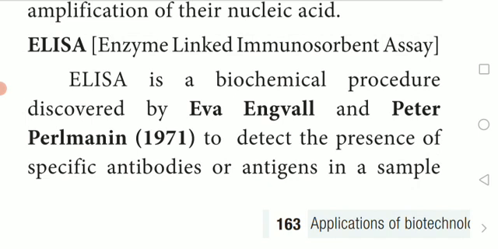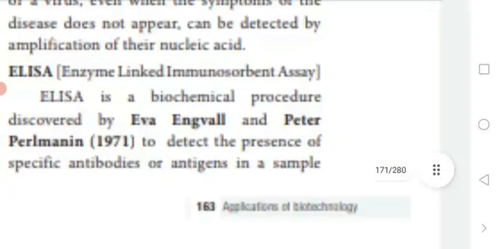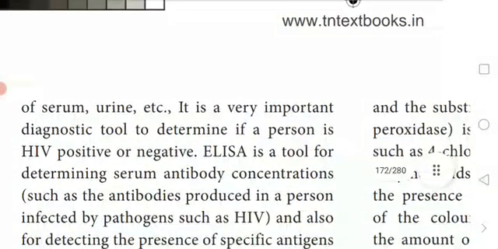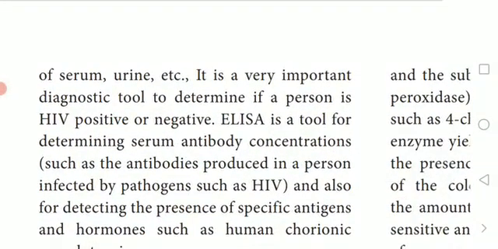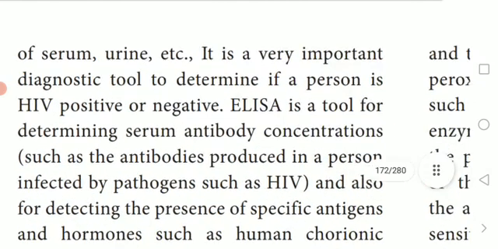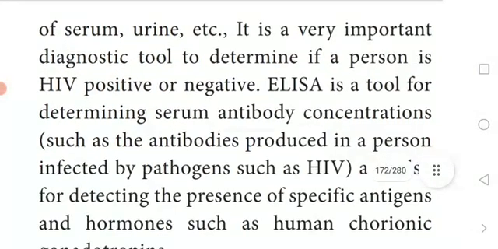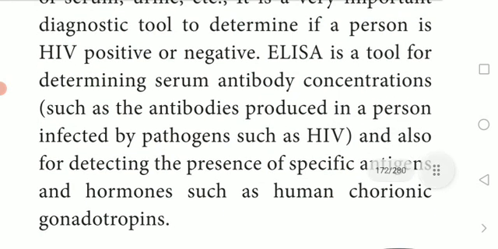So that disease can be identified by these methods: recombinant DNA technology, polymerase chain reaction, that is PCR, and enzyme linked immunosorbent assay, ELISA. These are some of the techniques that are reliable and help in early diagnosis of the presence of pathogens like virus, bacteria, etc. With the help of these methods, the disease or pathogen can be identified easily, whether it is a virus or a bacteria. These are the three types we are going to see now.